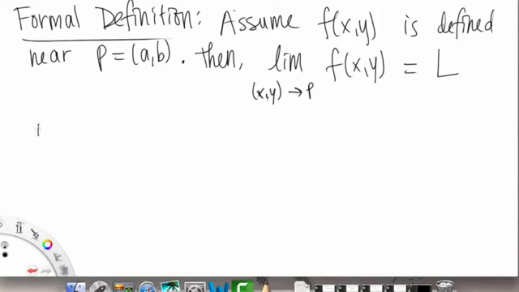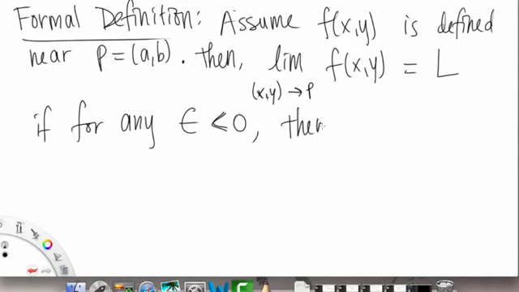This limit equals L if for any epsilon, and this symbol is called epsilon, it's just a symbol, you could use another variable. They just like to throw in Greek letters and symbols. So for any epsilon greater than 0, there exists, and this will make sense in the end, I'll explain everything, some delta, I believe, greater than 0, such that